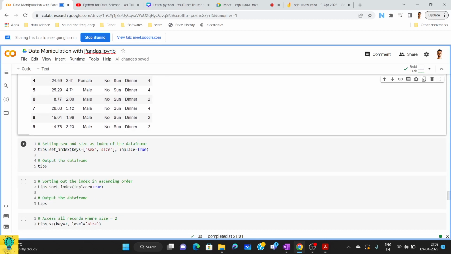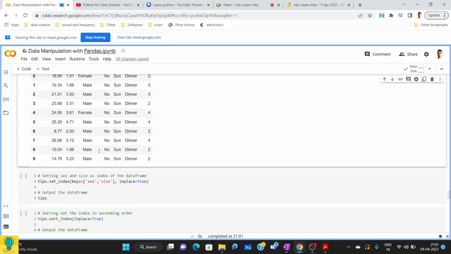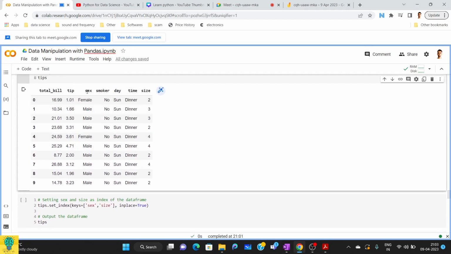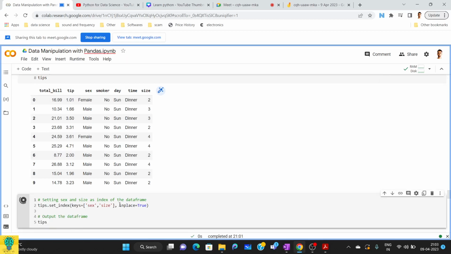Now I'm doing multiple indexing. I am going to filter this on the basis of sex and size. What it is going to do is categorize my table on the basis of male and female, and then on the basis of size. Size is basically the table size, what size they have occupied. Now if I run this,